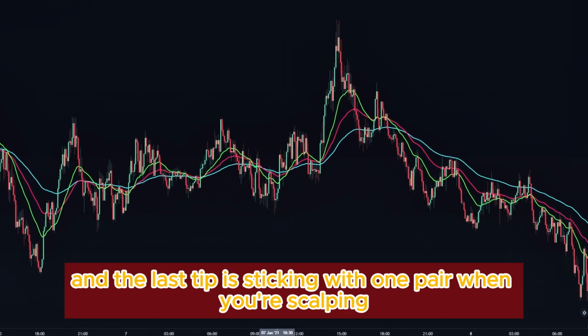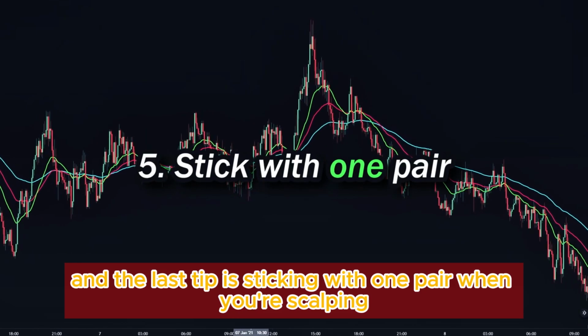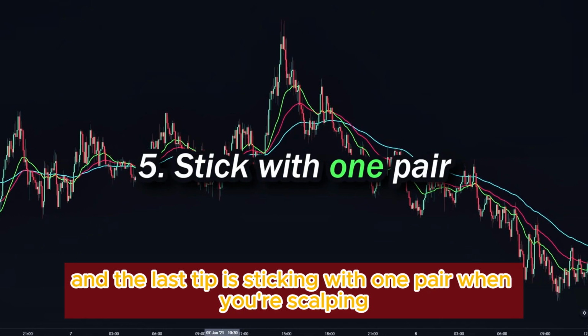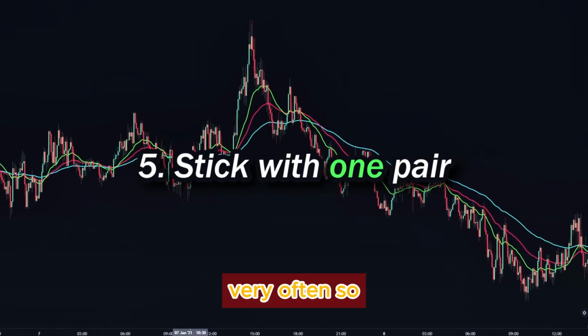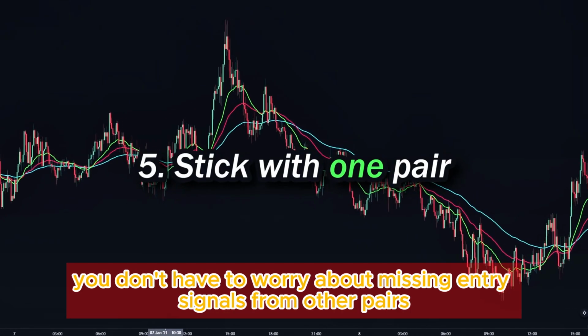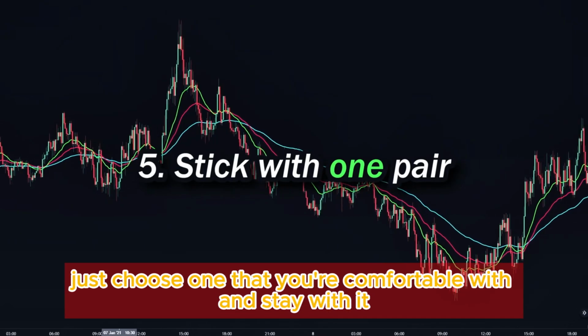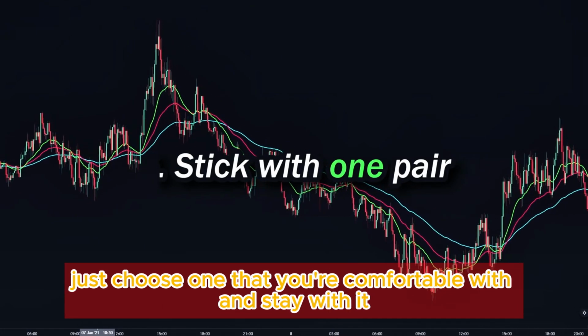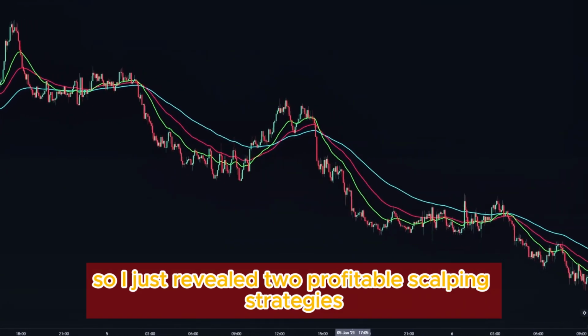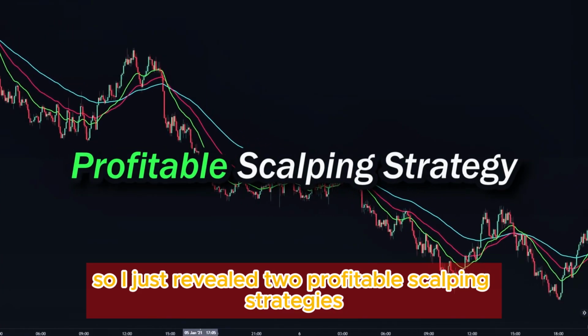And the last tip is sticking with one pair. When you're scalping, entry signals will appear very, very often. So you don't have to worry about missing entry signals from other pairs. Just choose one that you're comfortable with and stay with it. So, I just revealed 2 profitable scalping strategies